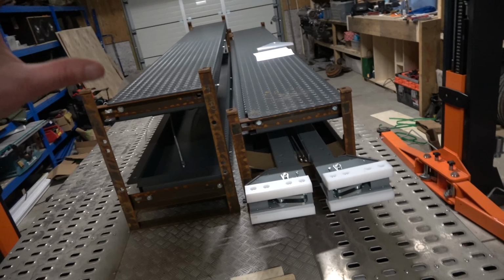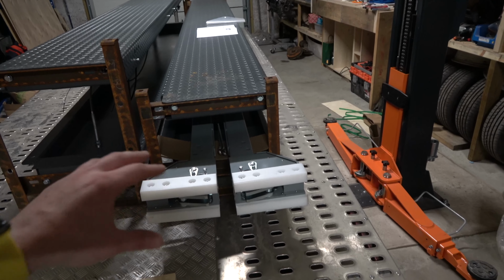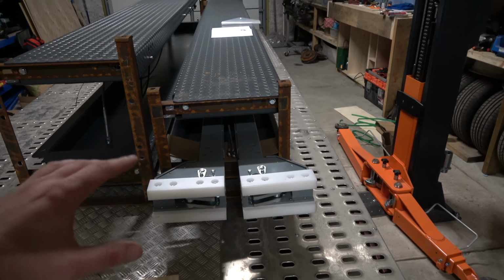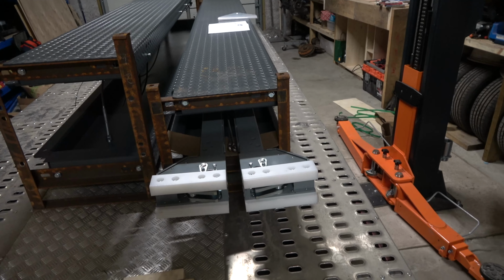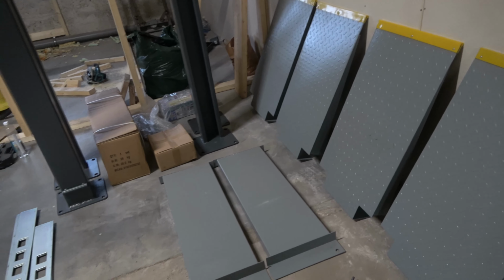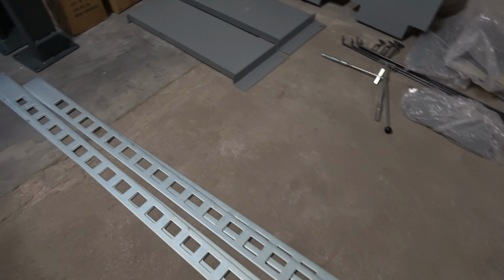4 main platforms and those beams which go between the posts, those are also heavy. I'm not able to lift them by myself, but the small crap is here. It's almost like a 2-post lift, but a little bit more stuff. Some kind of locking mechanisms,